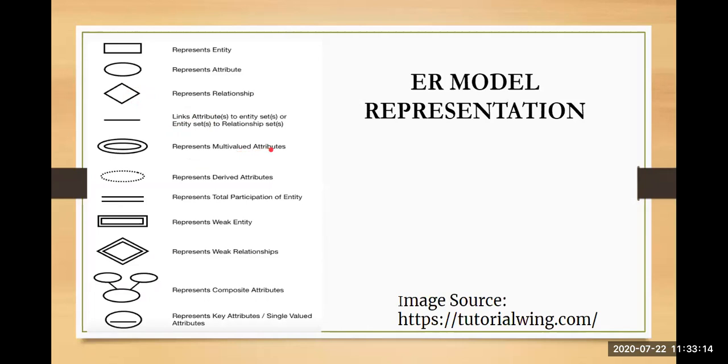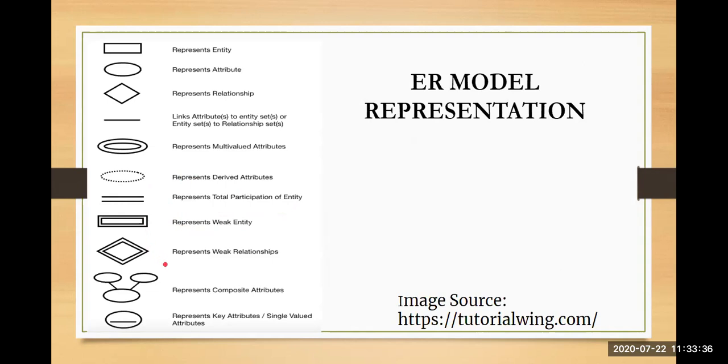Whenever you want to represent multi-valued attributes, attributes which have multiple values, you go for a double oval. When you want to represent derived attributes, you go for a dotted oval. Whenever you want to represent total participation of an entity, you go for double lines. When you want to represent a weak entity, you go for double rectangular boxes.